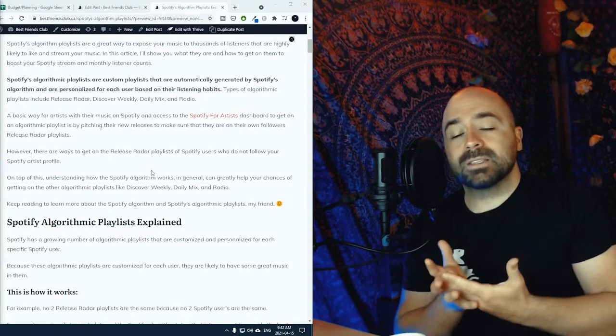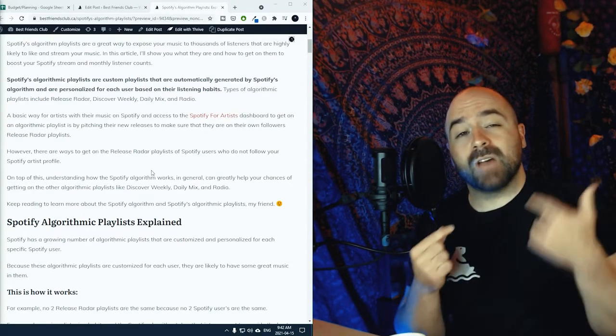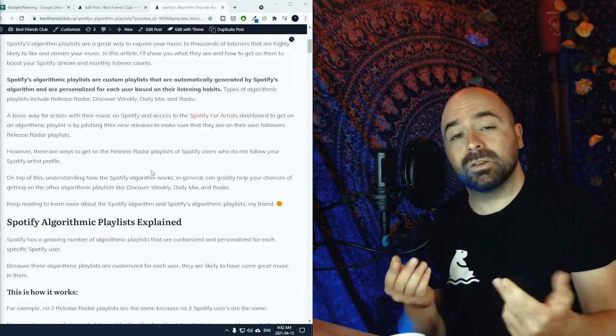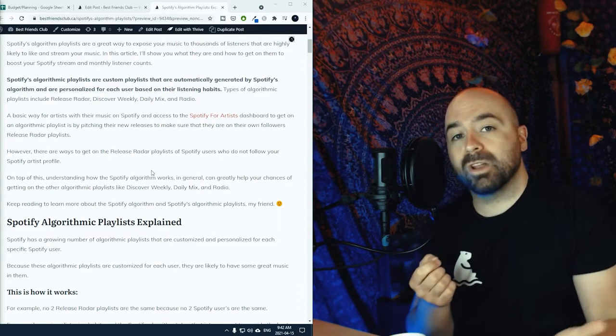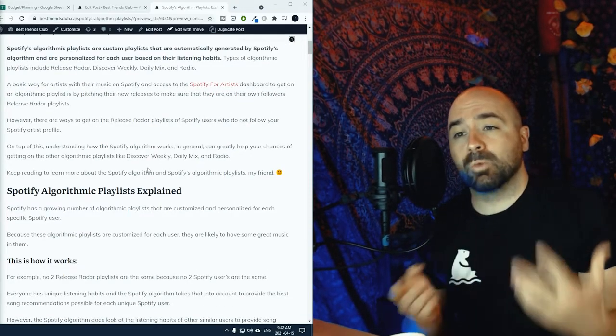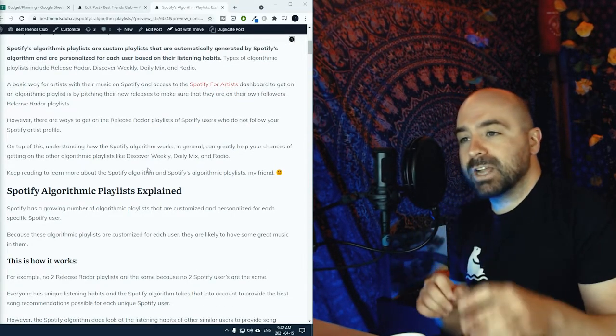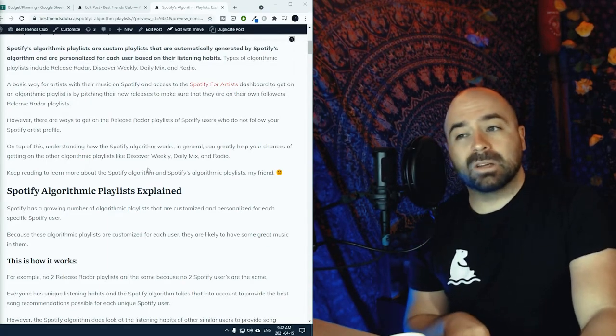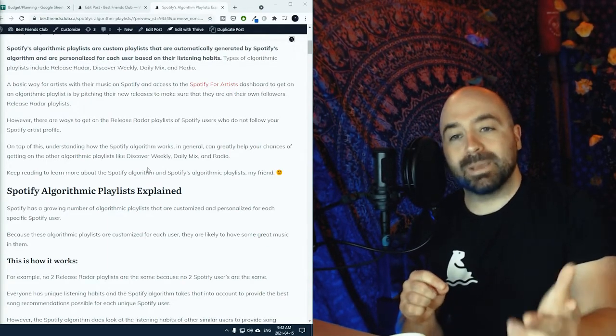However, there are ways to get on the Release Radar playlists of other Spotify users who do not actually follow your own Spotify artist profile. On top of this, understanding how the Spotify algorithm works in general can greatly help your chances of getting on the other algorithmic playlists like Discover Weekly, Daily Mix, and Radio. But first, let's dive a little bit deeper into what Spotify's algorithmic playlists are and explain a little bit more